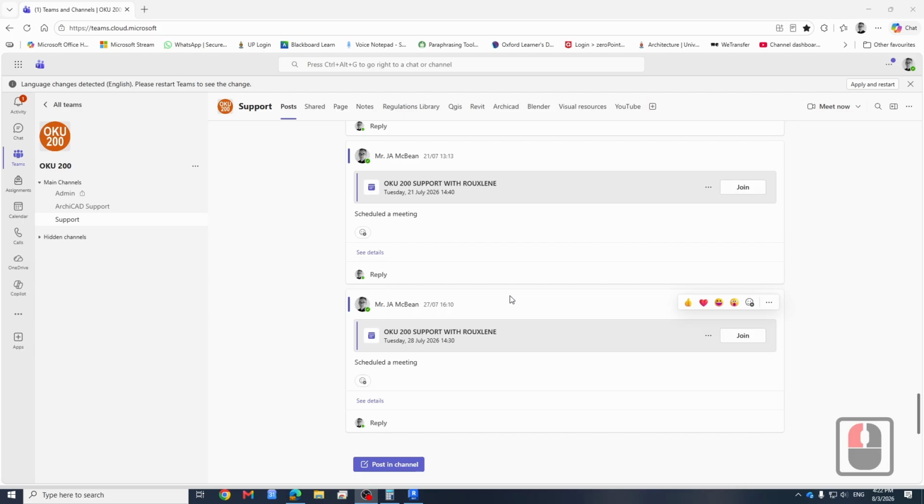Good day, students. In today's workshop, we're going to set up a Revit project file using a template, and we're going to set up some additional level information so that we can start our project. Okay, in essence, all that you have to do, you'll see if you go to support in OK200